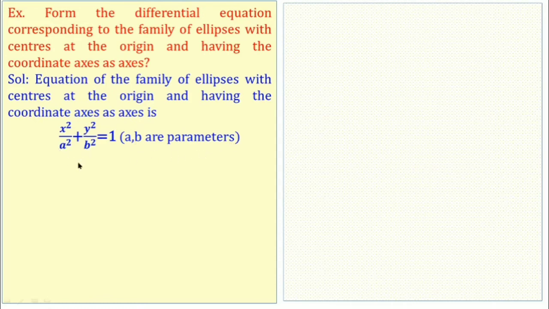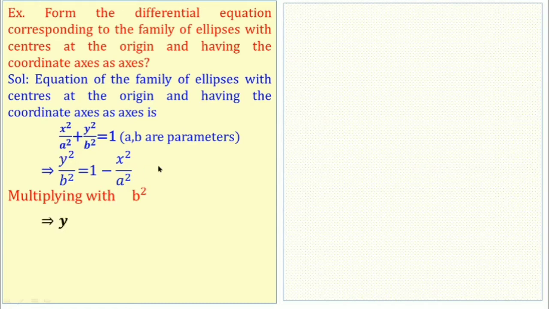Now we have to eliminate a and b to form the differential equation for this family of the curves. So for that, first we bring this x square by a square this side. So y square by b square we put it this side only, and we bring this term this side, so 1 minus this one. Now we multiply the equation with b square. So when we multiply this term with b square, we get only y square this side, and 1 into b square means b square. Here also we get b square by a square into x square. So we are multiplying this equation with b square. So y square is equal to, we get like this. Now